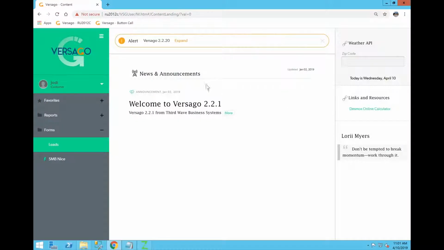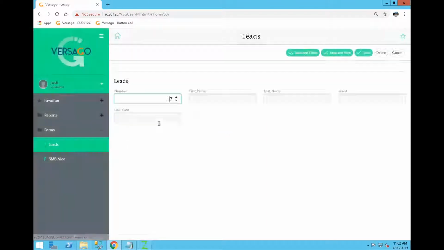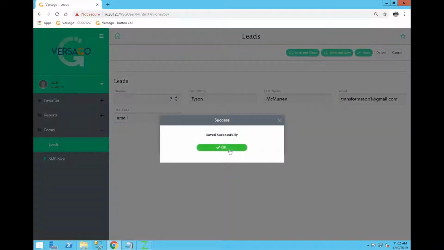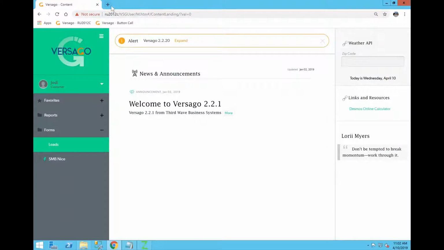Now that we've mapped everything in Versago over to the BizWeaver, we can simply go in as Jody and go to our leads form. Capture information. And when we click Save and Close now, this will trigger an email event, like I showed you in the configuration. So if I just log into our Gmail account here,